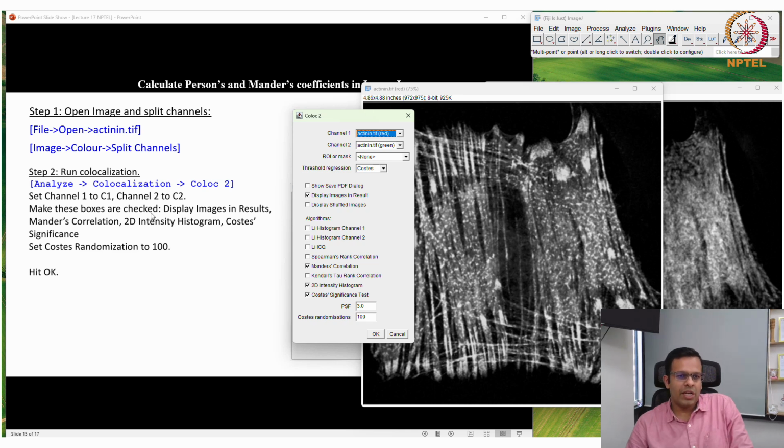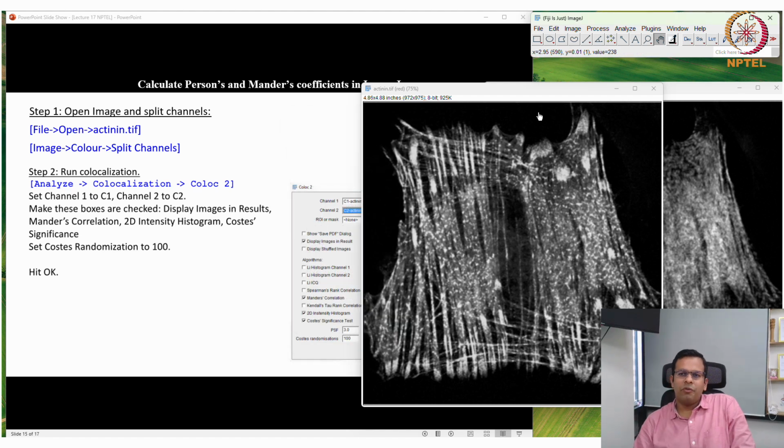Make sure these boxes are checked: Display images in result, Mander's correlation, 2D intensity histogram and Costes significance test. Set Costes randomization to 100, that is already 100, and hit OK. These are all default parameters, and we are clicking OK.